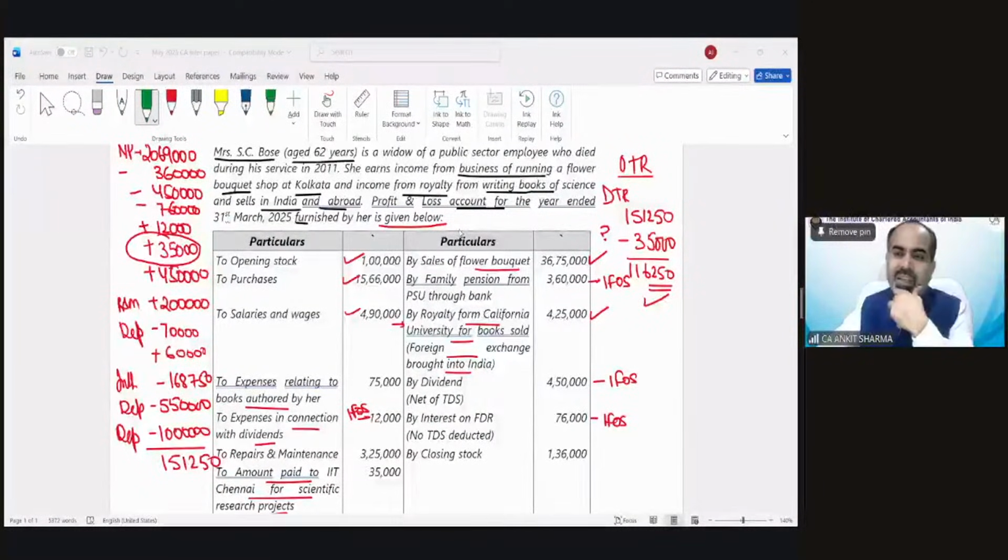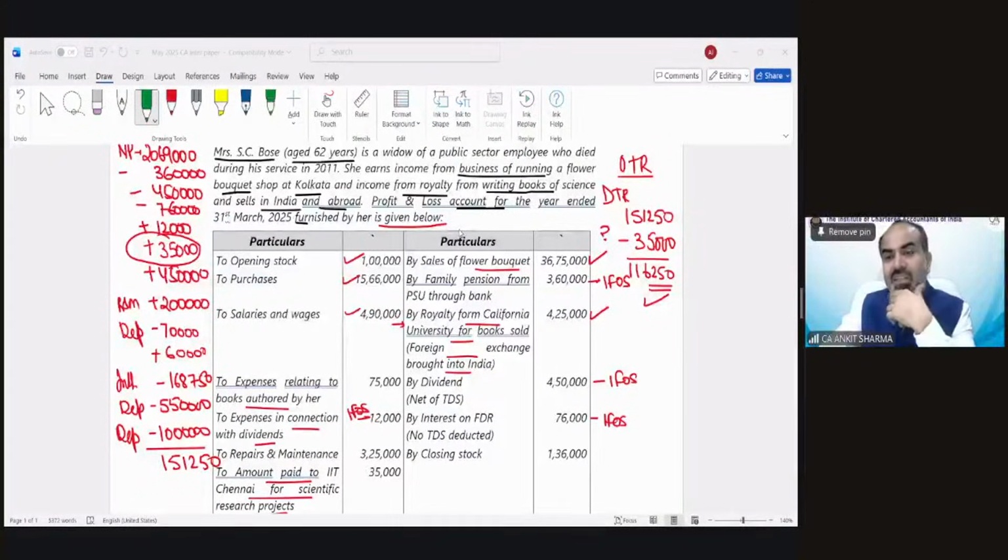Mr. Ram is asking, sir, should we memorize all depreciation rates? How many depreciation rates do we need to memorize? Plant and machinery is 15%, computer 40%, furniture 10%, building 10%. That's it. These are the main rates upon which questions are formed. Electric vehicle, 40%. So you do not have to memorize all, only the relevant depreciation rates. Only 5 or 6 rates you have to remember, not more than that.